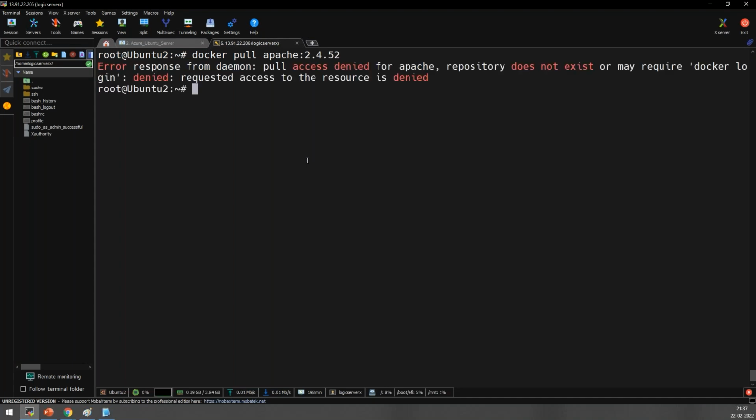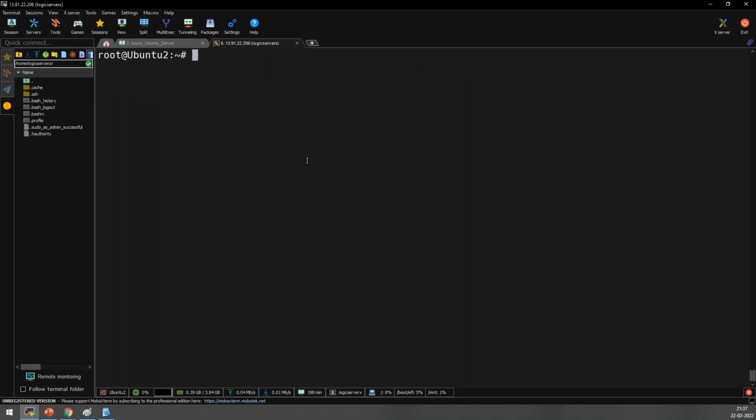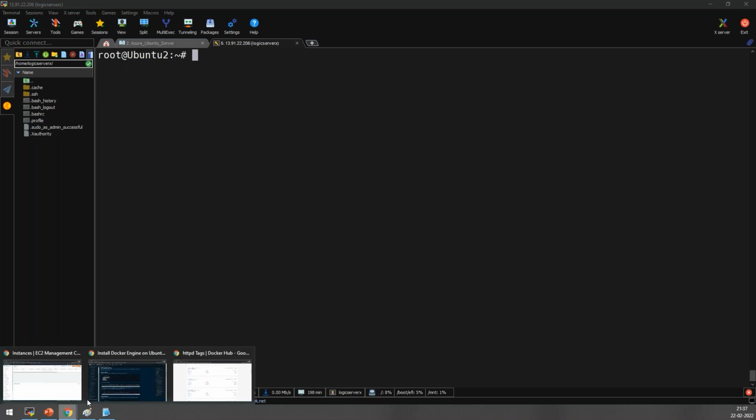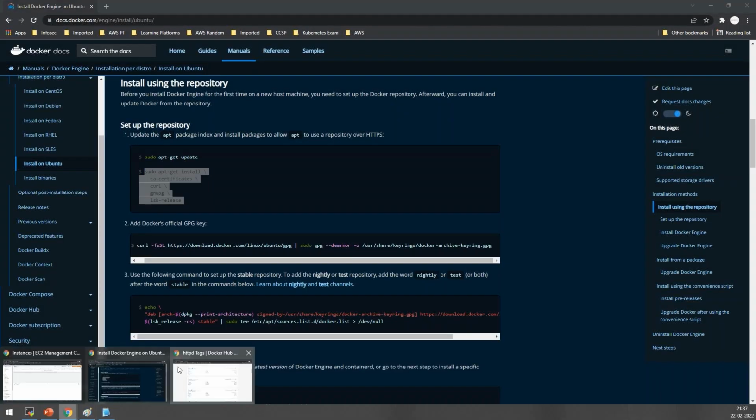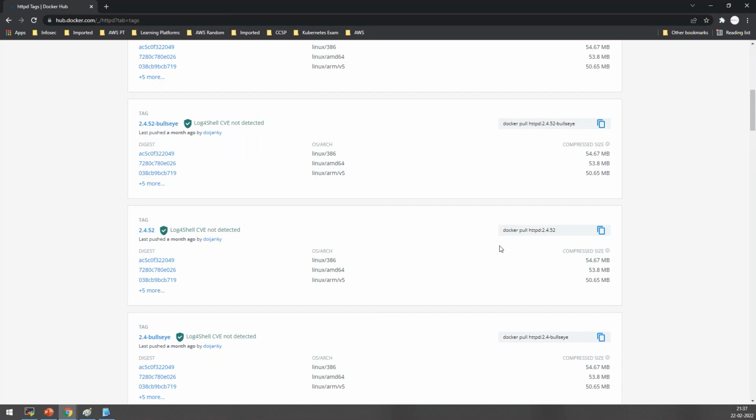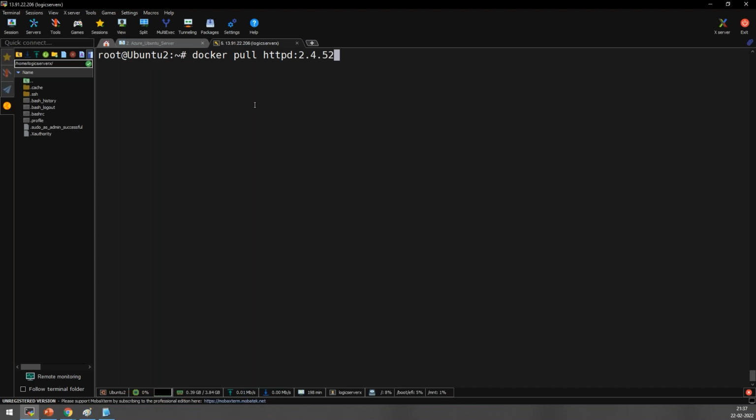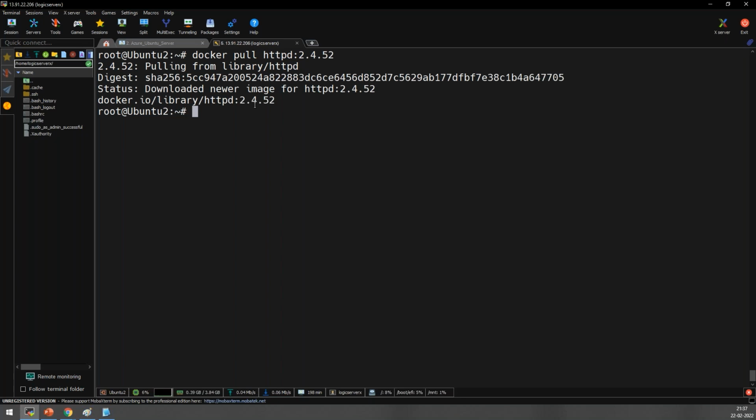So basically now what happens, team? Okay, it's completely fine. If you get an error like this, it's completely fine, because that version doesn't exist or is not currently available. Let me see if there is some issue. See, this is the command you have to use. Let me run this once again. Now it will work. It's not Apache, it's httpd. I press enter. See, team, now it's downloaded.